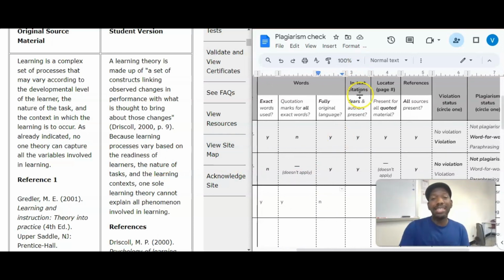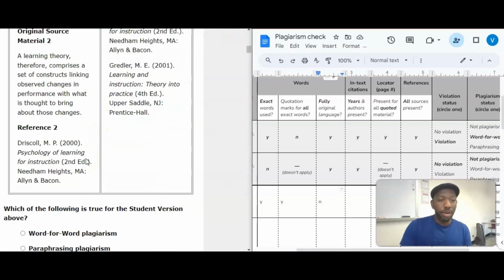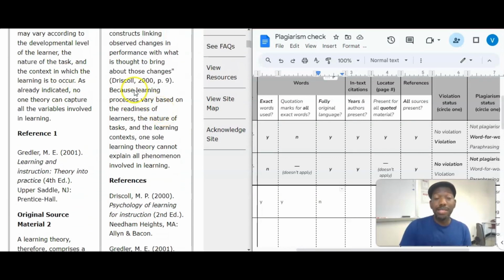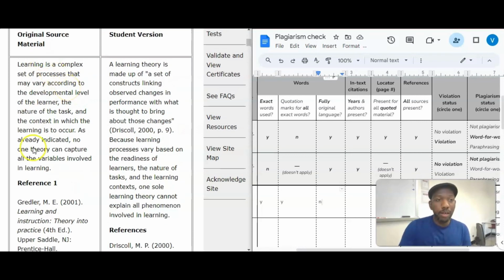So now we look at in-text citations, giving credit where credit is due. In the first sentence, we see Driscoll, 2000, page 9, because that quote is coming from this little passage. All right, so the second sentence is an attempted paraphrase of this first source, which is Gretler, 2001. Do we have any citations showing that it's coming from Gretler?